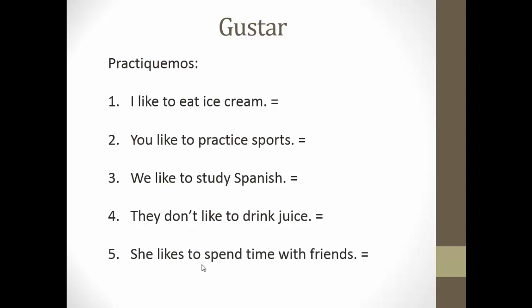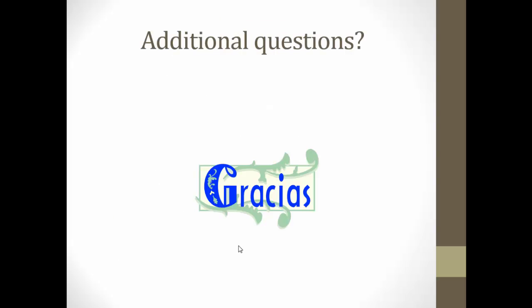Okay, she likes to spend time with friends. 2 ways we can say this. One is, a ella le gusta pasar un rato con los amigos. Or you could say, le gusta pasar un rato con los amigos. If you have additional questions, make sure you see the notes provided on page 42 of your textbook. But you're not quite done. So at this time, you need to finish up the last sections of your note guide. There are a couple of sentences you need to write about what you like to do, what you don't like to do, and then an extra section on more activities that you like to do. Don't forget that you have a flipped mini quiz